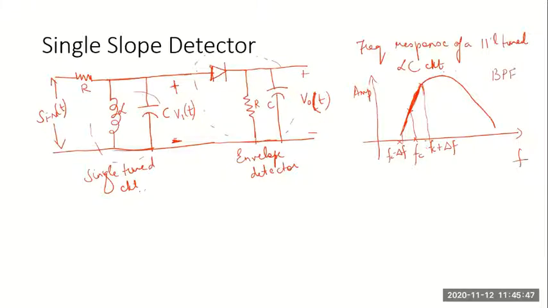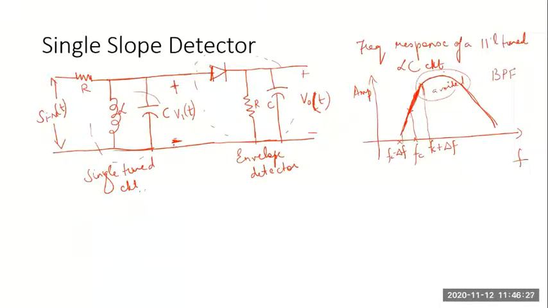Okay. So you are going to work the FM demodulation in this range. You can also work in the falling range, but this should be avoided. So out of the three different regions of operation, either the increasing slope or decreasing slope can be used for single slope detection, but you can't use this broadened highest magnitude portion. Why?